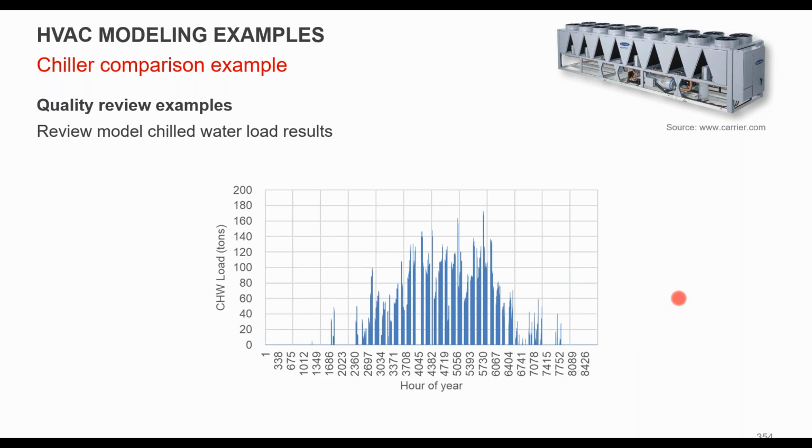Next is to look at chilled water load. So this is tonnage. Make sure it follows a similar bell curve that you would imagine. You do have some operational chiller time down here, in the shoulder season and getting into the winter. You might potentially have an economizer or some other function to allow free cooling during those times of year. But that might also be a control problem, where you're actually allowing the chiller to run at that low load. You might have pan heaters or something else running to keep the chiller operational during cold temperatures.